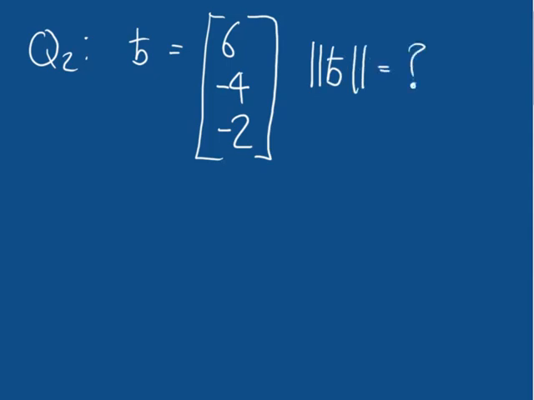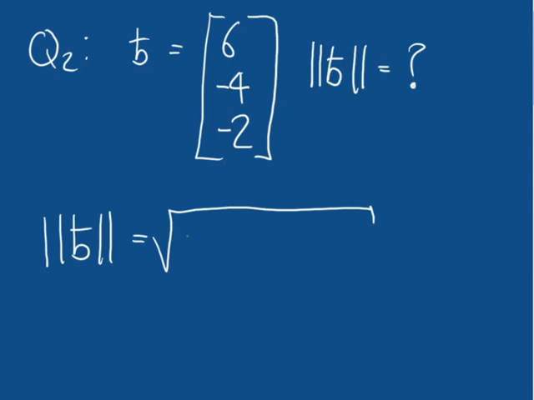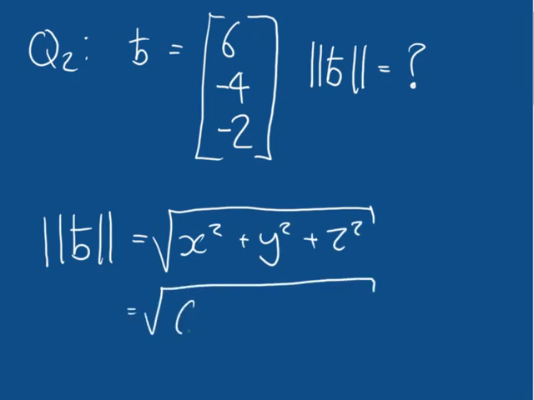Once you have an answer, or if you get stuck, unpause the video and I will work through the solution here on the whiteboard. Okay, welcome back everyone. So we're finding the magnitude of a 3D vector. We know in order to do that, we're going to use our equation that says the magnitude of a 3D vector is equal to the square root of x squared plus y squared plus z squared. That means it's equal to the square root of 6 squared plus minus 4 squared plus minus 2 squared,